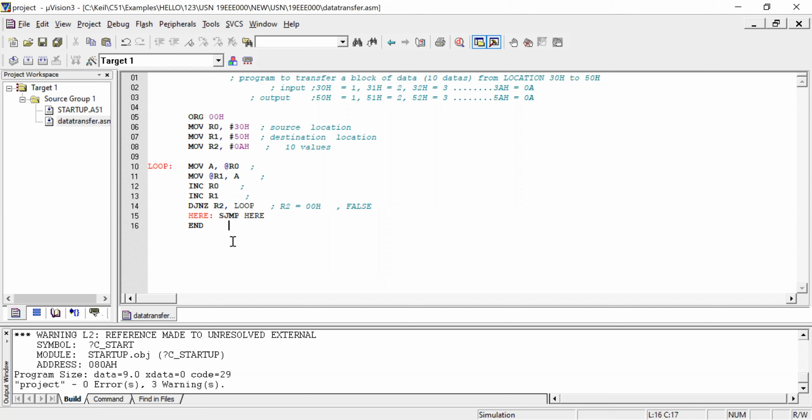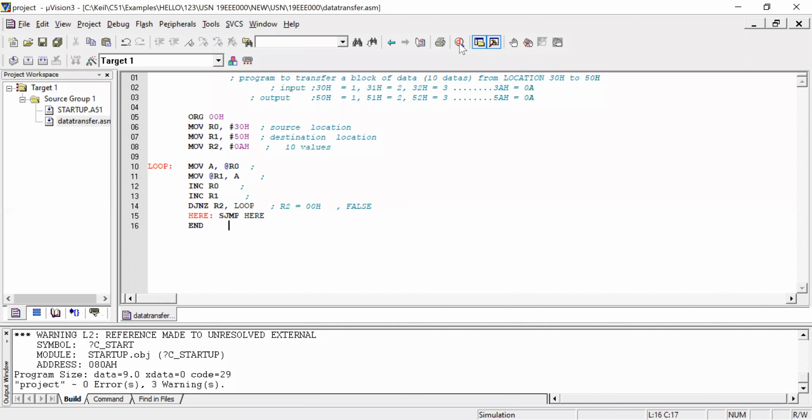Once there is no error, you can dump this particular program into the main hardware. But here in practical, we are going to see everything in the simulation part itself. To give the input and to see the output, we have to go to debug mode. Here there is one icon, start stop debug session.